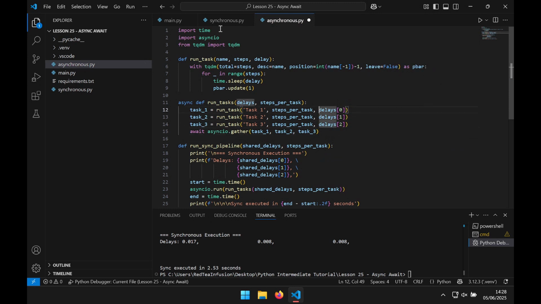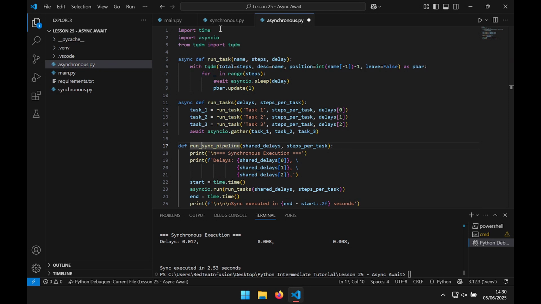And now we want to make also the other function async, so async, and then instead of time.sleep we are going to use await asyncio.sleep. And that's it. Now let's change the sync into async